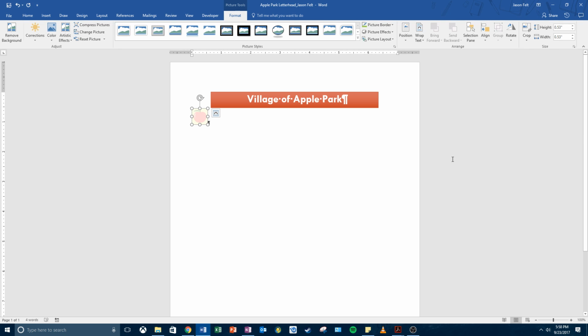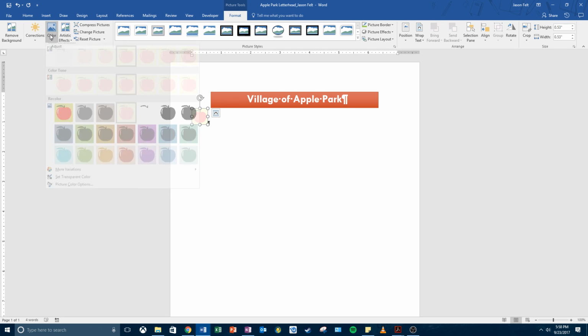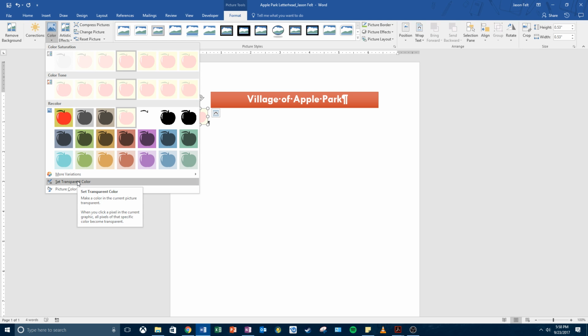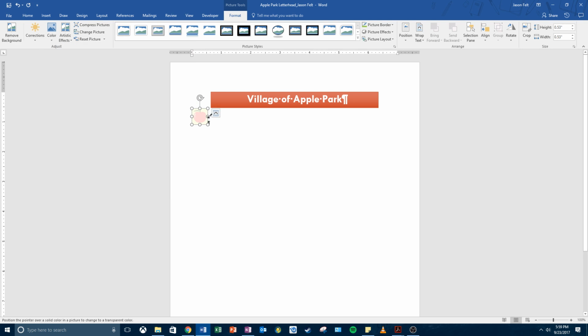In Word, you can make one color in a graphic transparent. So basically what you do is you remove the color. You would make a color transparent if you wanted to remove part of the graphic, or if you wanted to see text or colors behind that graphic. So we're going to take this green color in the background, and we're going to make it transparent. With the graphic still selected, we're going to go to color once again, and we're going to go down where it says set transparent color. And we're going to position the pen pointer to figure out where we want to make the color transparent. Now they want the green on the outside to be transparent, so we're going to go ahead and